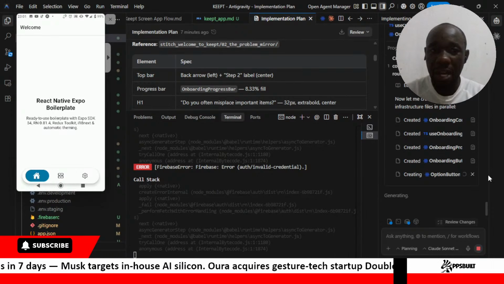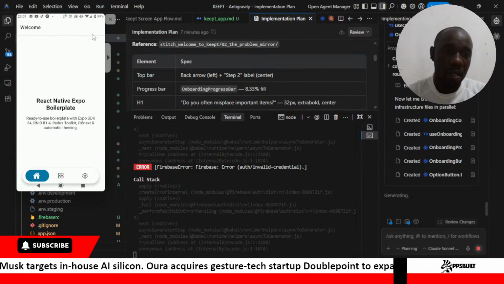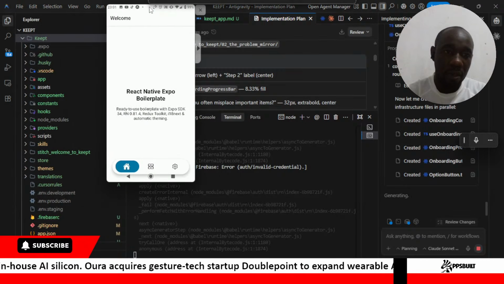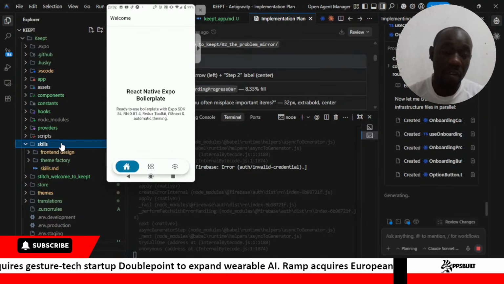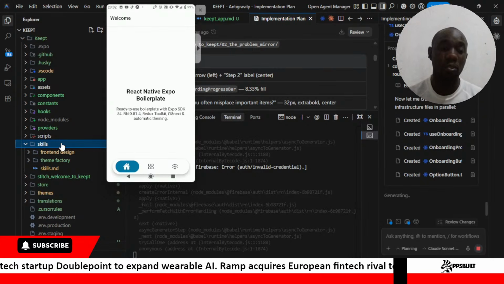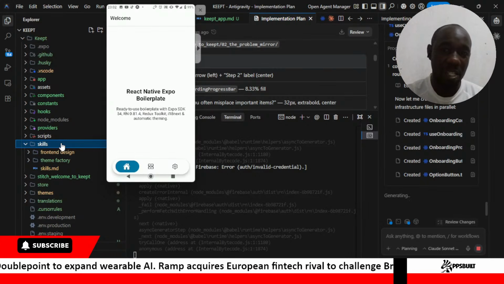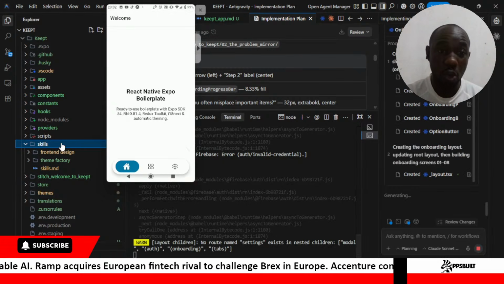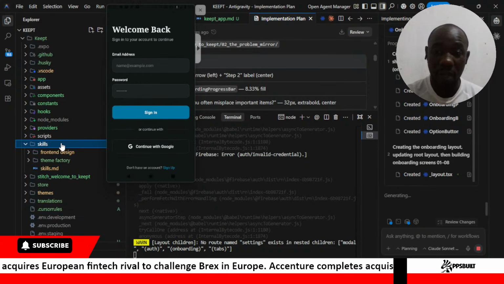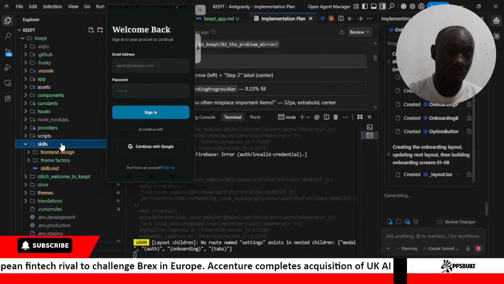I've also added other documents using the skills approach that we have in Claude Code. Even when you are not using Claude Code, you can get some of the skills that are in Claude Code and integrate them into your app. And that is what we've done.